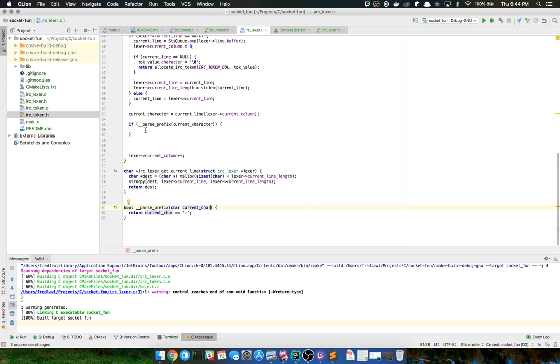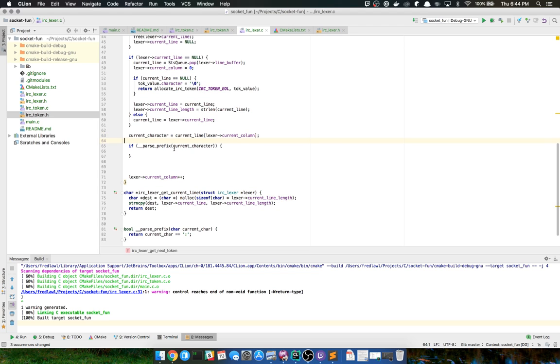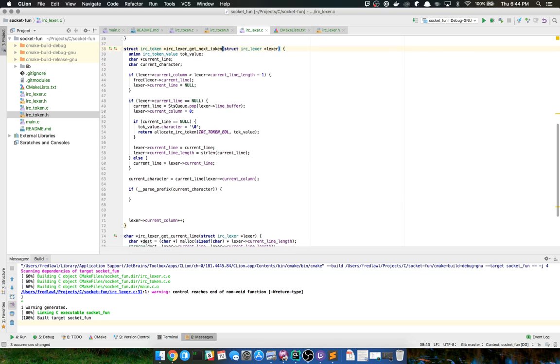Now I could do that. I don't see the point. Well, I might. Let's see, do I have the token value is, well,